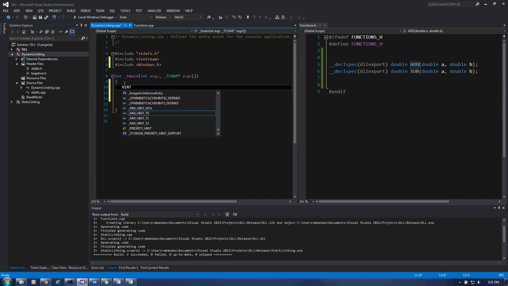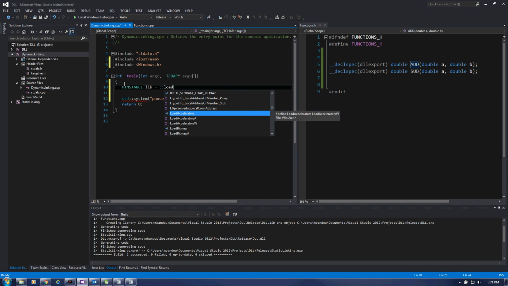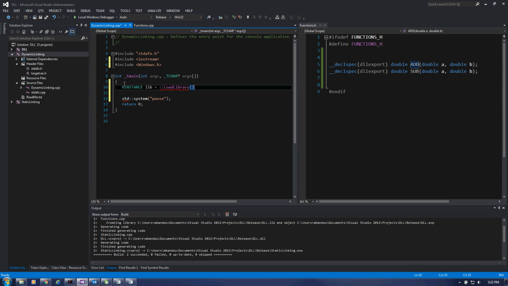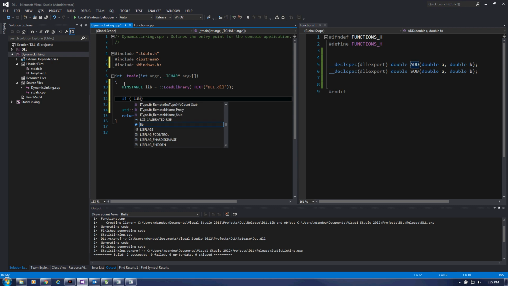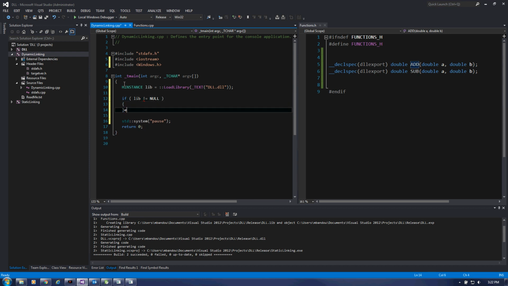So here I'm gonna get the instance of my DLL. Let's say lib call LoadLibrary function, and it takes a long pointer constant string if I remember. So we're gonna get this from the text macro, and let's say dll.dll. Okay, and since we have a handle, we're gonna check if lib is not null, then, else, cannot load dll, dll.dll. Okay,